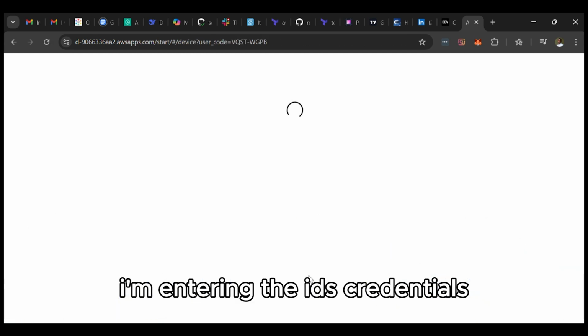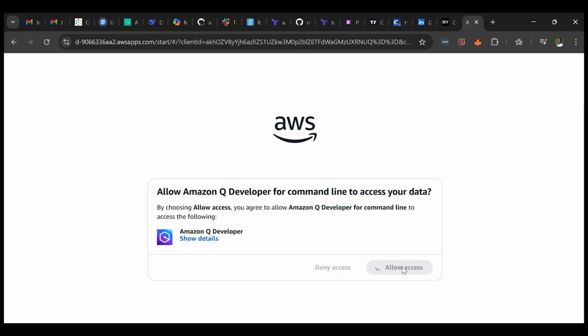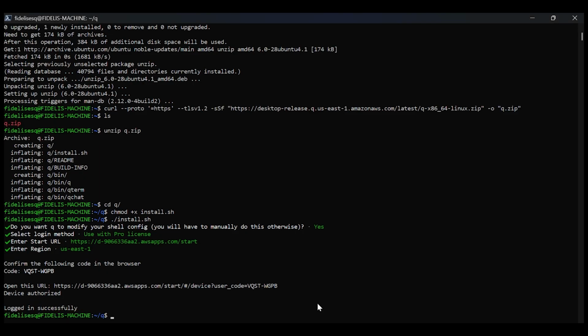I'm entering the credentials of the user. Is this confirmed? I can just confirm. Allow access. So I'm in. Login successful. So if I say q,